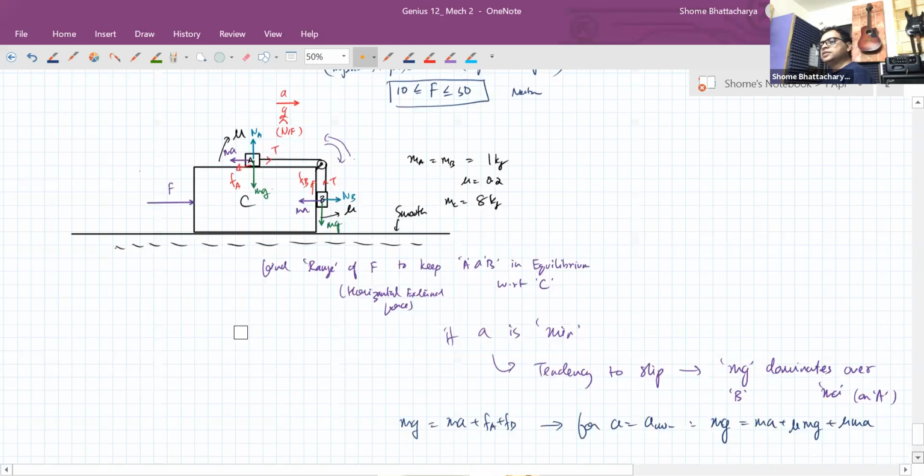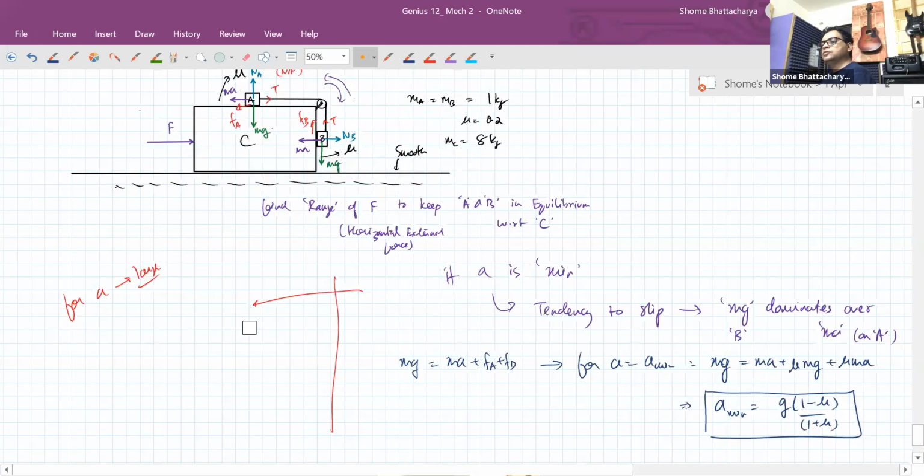So from that we'll get the maximum acceleration as g into (1 plus mu) upon (1 minus mu). So this trick we can use over here. So from this and this, we'll get a is less than or equal to